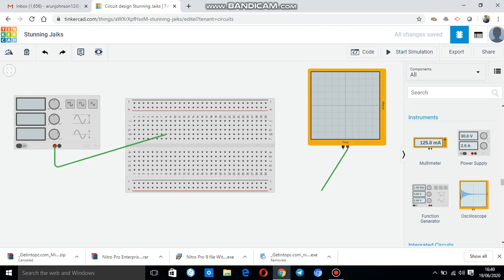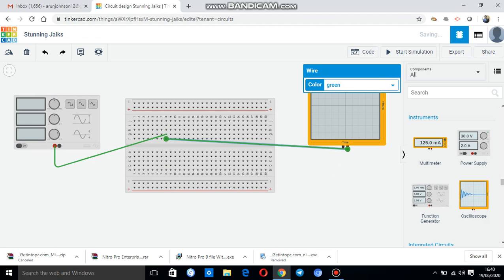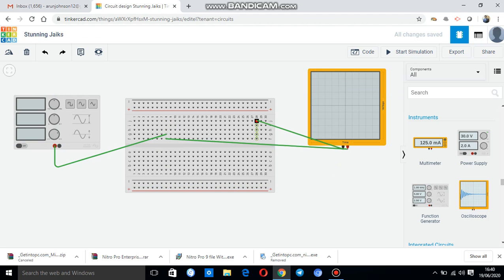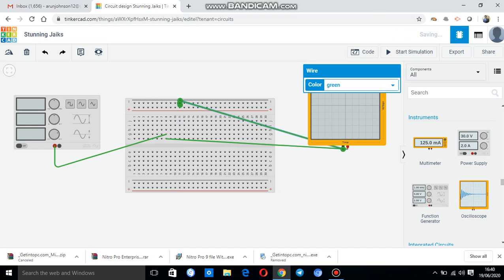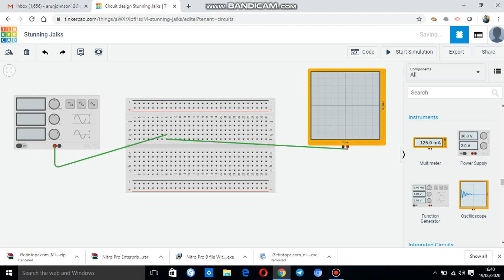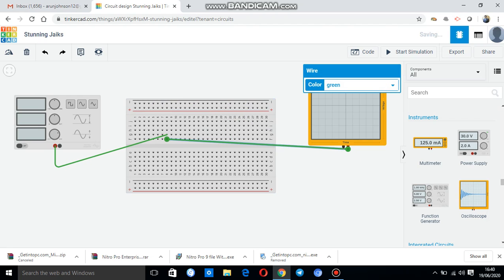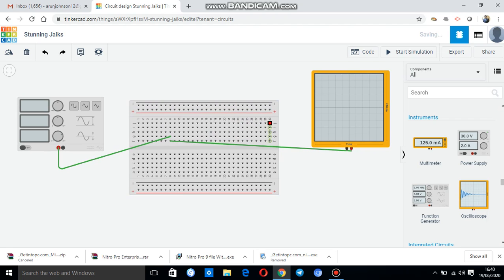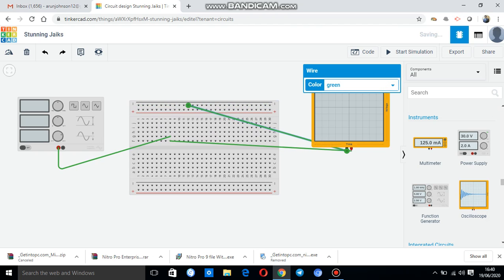So the positive of the function generator and the positive of the CRO are connected now, and then the negative of the CRO and the negative of the function generator.